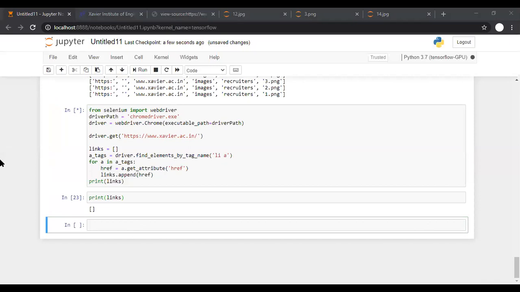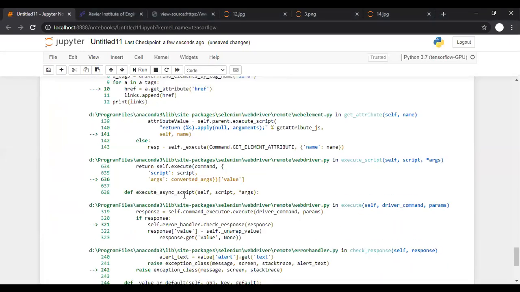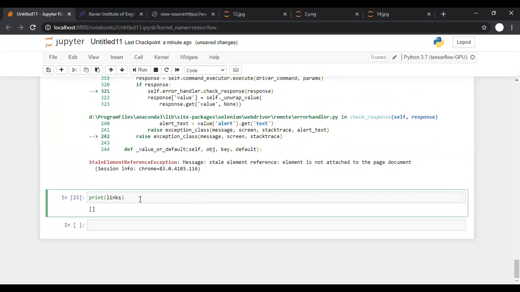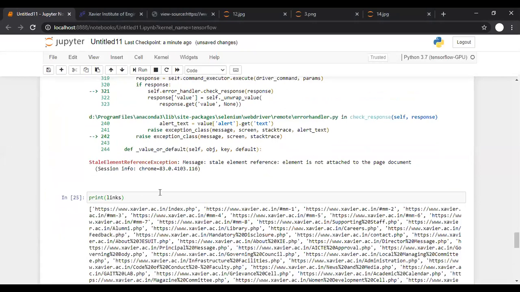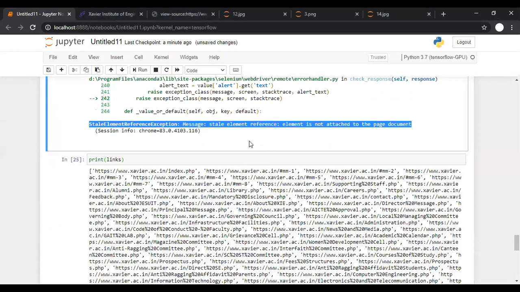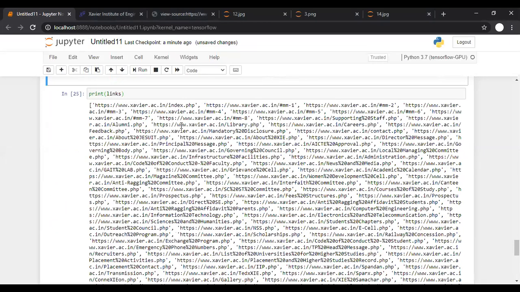I think our server should not ban me for sending so many requests, because from my machine there are now many requests to our college server. Now if I run this, okay, StaleElementReferenceException. We can eliminate this; we'll see how to eliminate that in the next session.